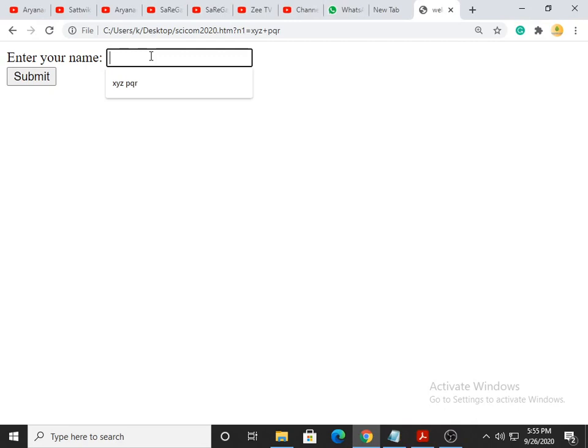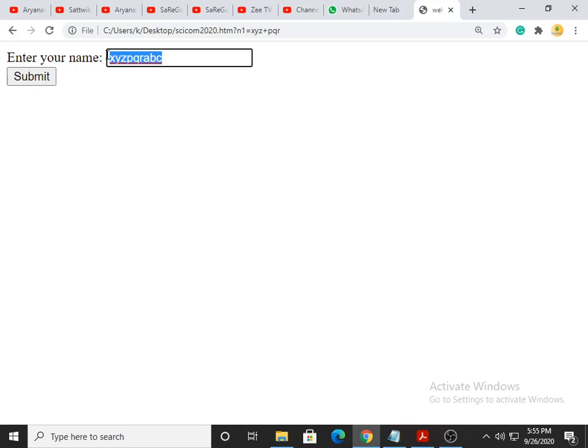at the same time. For example, if I ask you to enter your name, your mobile number, your email ID, then all your filled-up data will be calculated. For example, if I write the name XYZ PQR ABC, then it calculates that there are 9 alphabets in total. Likewise, for the whole form, every alphabet, number or symbol will be calculated.